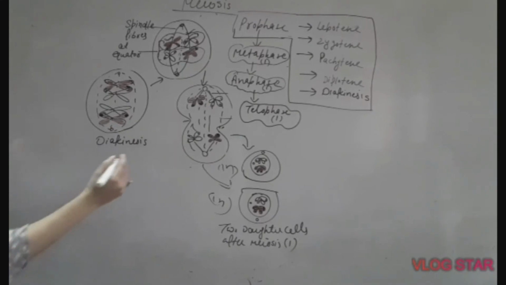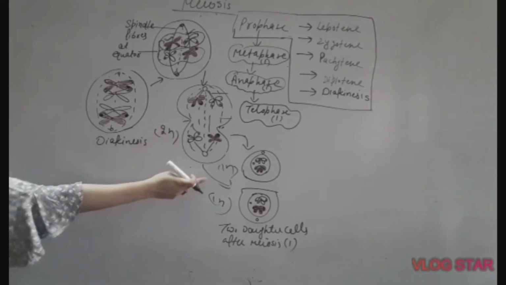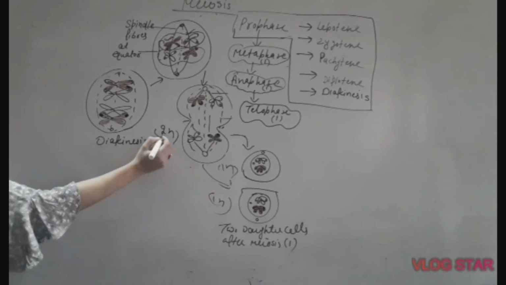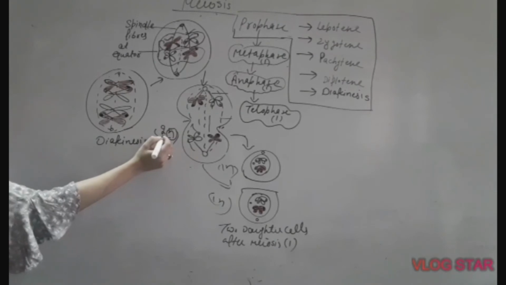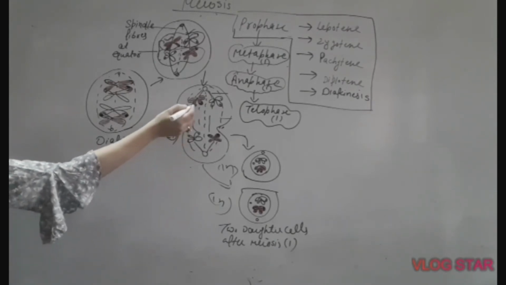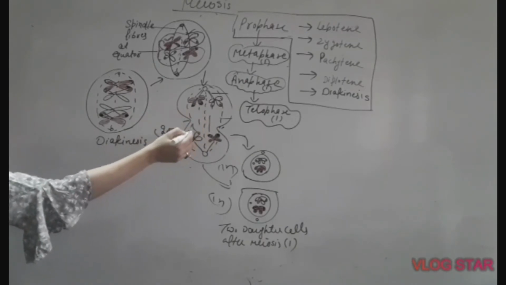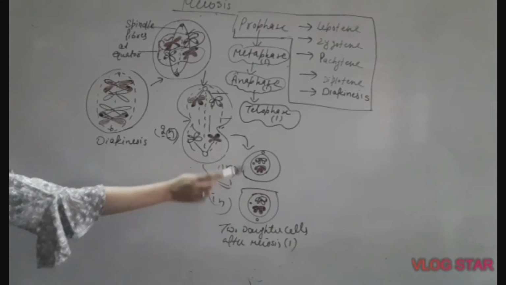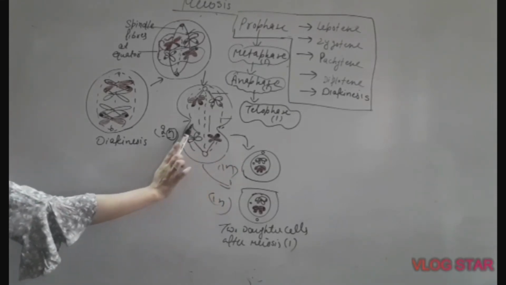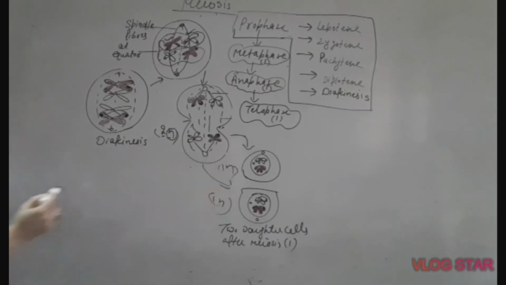In meiosis 1, this parent cell which was 2N divides to form 1N daughter cells. N stands for the number of chromosomes. The parent cell has paired chromosomes. You can see clearly there is a pair of red chromosomes and a pair of black chromosomes. But what is the case in the haploid daughter cells? 1 red only and 1 black in each. So paired chromosomes get converted to unpaired chromosomes. That is why these daughter cells are haploid cells.